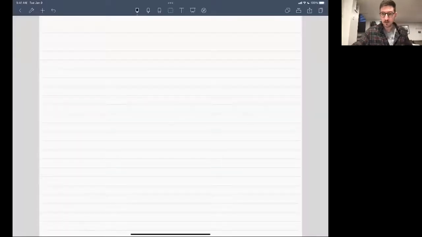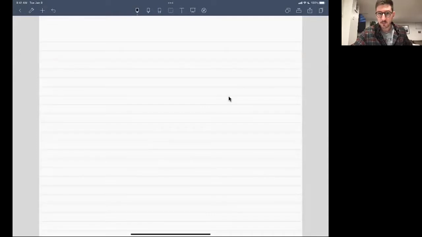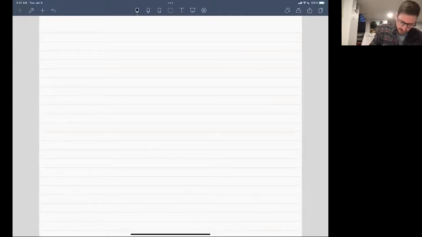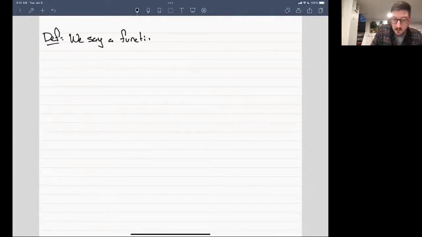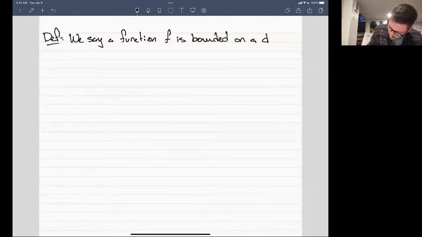So what we want to do is first start with a definition. We always start with definitions, right? So here's our definition that we're going to start with today. We say a function f is bounded on a domain D, provided